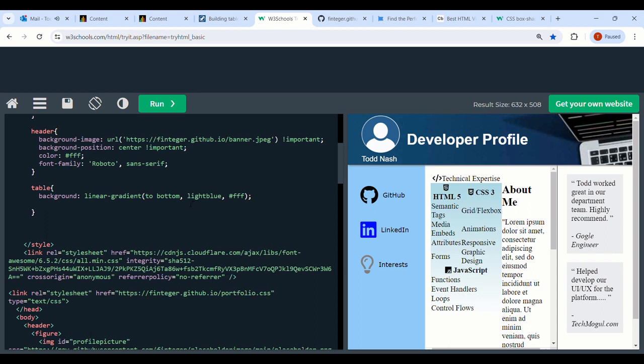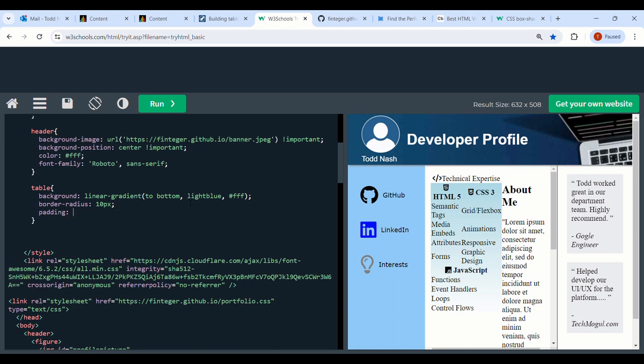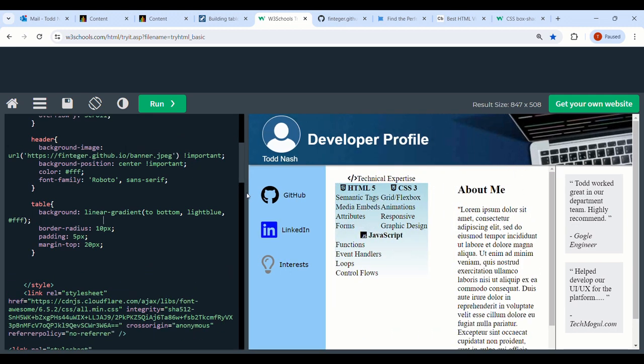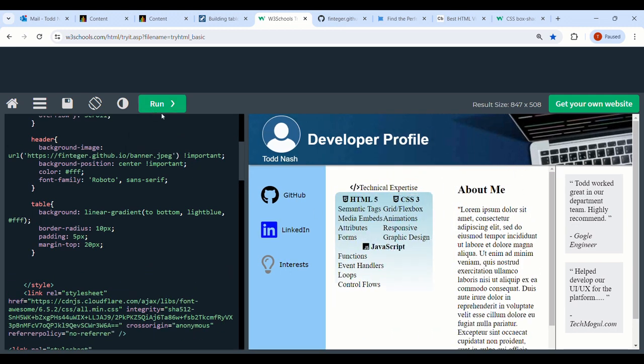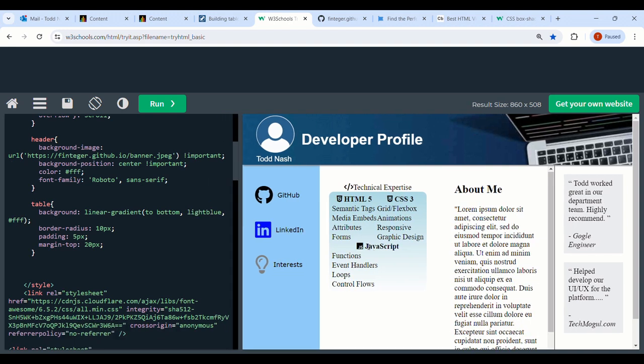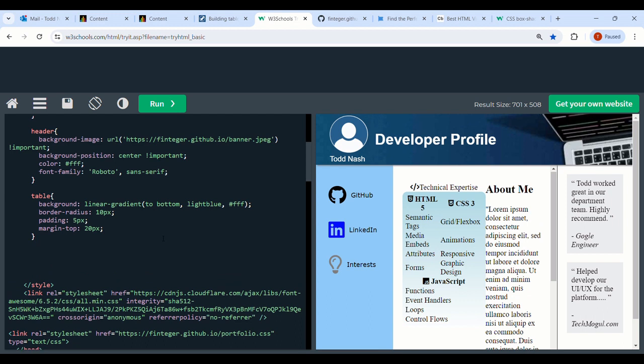All right. The next thing is I'm going to give the table a border radius all around of 10 pixels. Okay. I'm also going to give internal padding, so space on the inside of its internal elements, of 5 pixels all around. And I'm also going to give a margin top of 20 pixels. Okay, so that'll push the whole table down the page because I found it's a little high. Okay, so if you run that, you can see things are getting sorted out. Okay, but we still have to add padding to these table data cells, the headers, and so on. So we're done with the table. Let's move on to